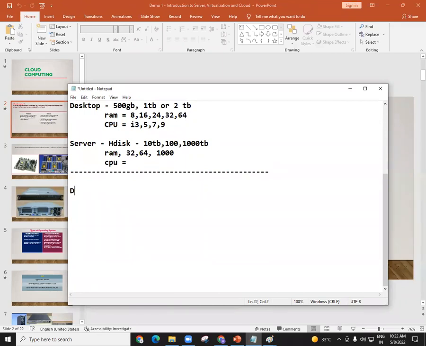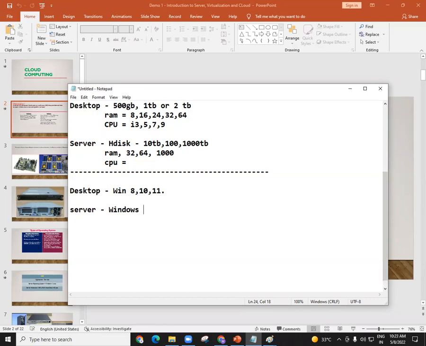Okay, so for a desktop machine, which OS do we use? Windows 8, Windows 10, or Windows 11. Whatever was there before Windows 8, that is Windows 7, Windows XP, all these are outdated, right? So these are the three operating systems we have. Now, coming to the server machine, we have majorly two server operating systems.